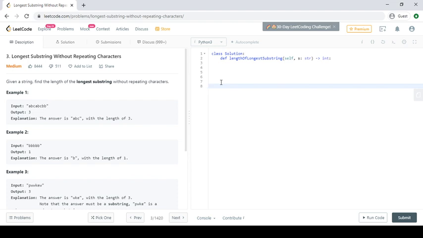In that case, we will use the dictionary approach. Currently we move the window one step at a time. If we find A, then before adding A we have to remove A, and in the next iteration we have to add A. We are going to reduce this by using the optimal solution.